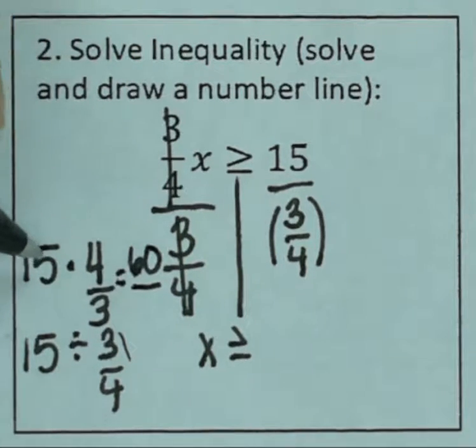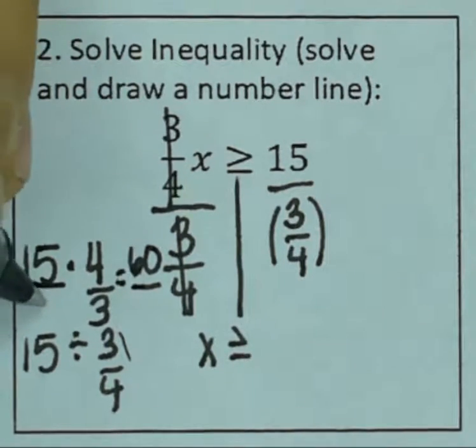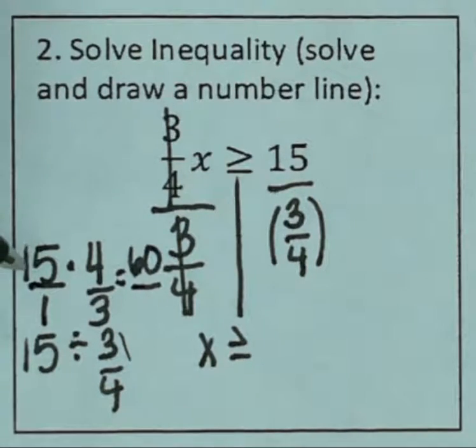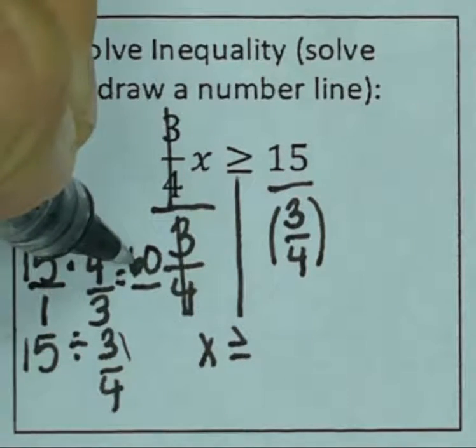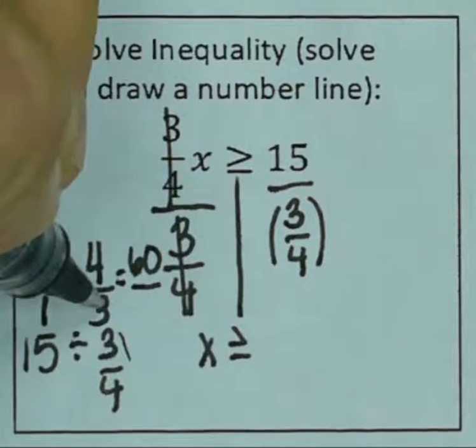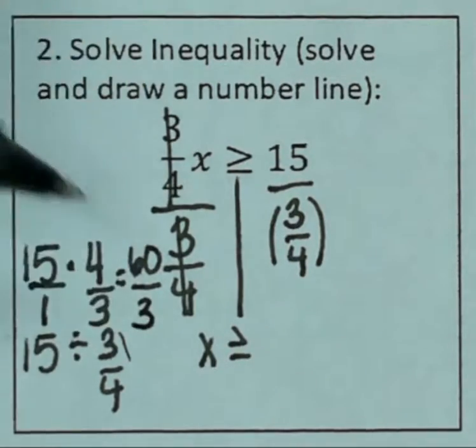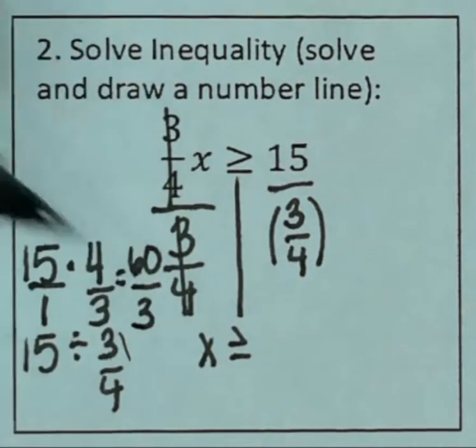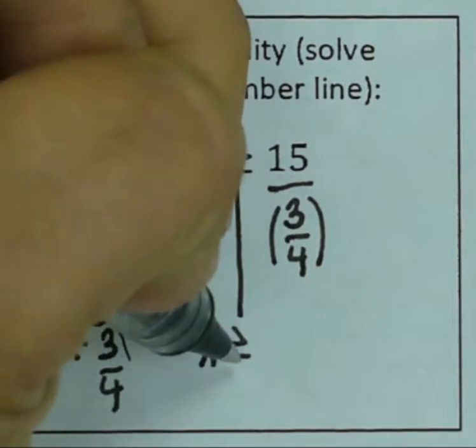over, well, if it's just 15, that's the same thing as saying 15 over 1, because any number divided by 1 is still going to be that same number. So 15 over 1 is the same value as just 15. 15 times 4 is 60. 1 times 3 is 3. We have 60 over 3. So x is greater than or equal to